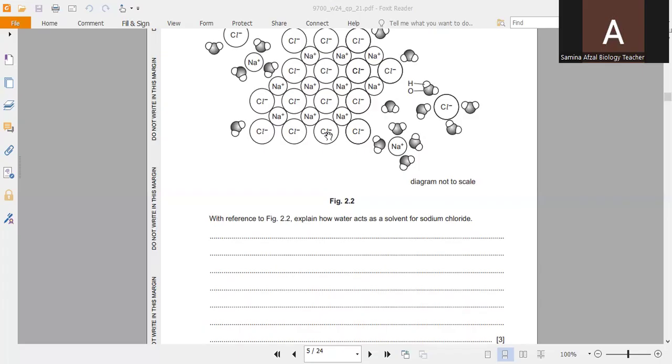throughout the water. So after this explanation, I'm going to write all these points which I have discussed with you. First of all, I would like to show you that water is a polar molecule as it has slightly positive and negative charge: slightly positive charge on hydrogen, and slightly negative charge on oxygen. So we can write it in this way that water is a polar molecule due to the